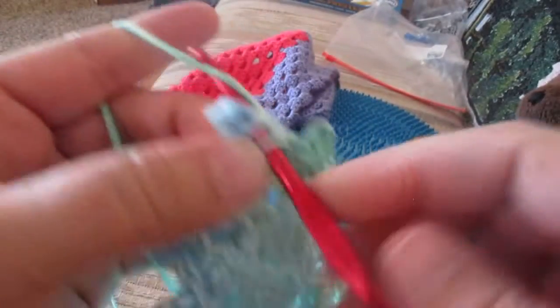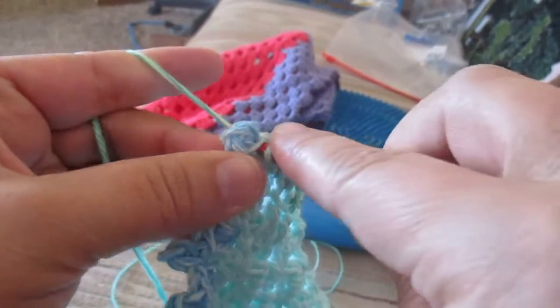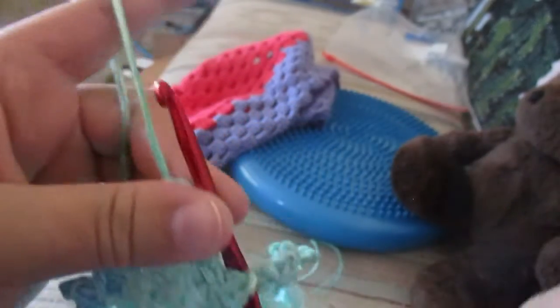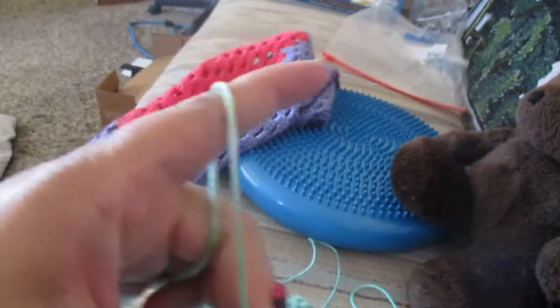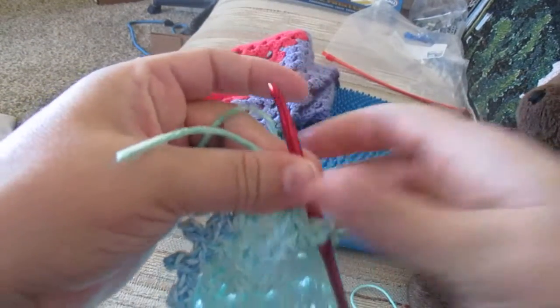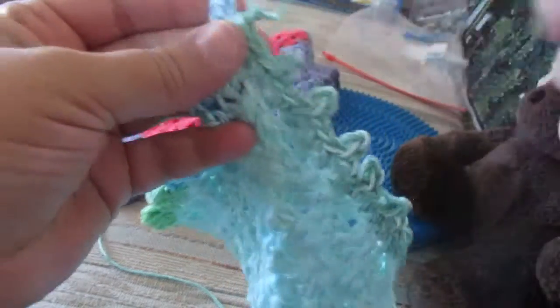Oops. Just realized I wasn't under the camera here. Okay, so we're just doing a slip stitch, which is just like that. And then we're going to cut off our string like that and pull it through one more time. That ties your little knot,